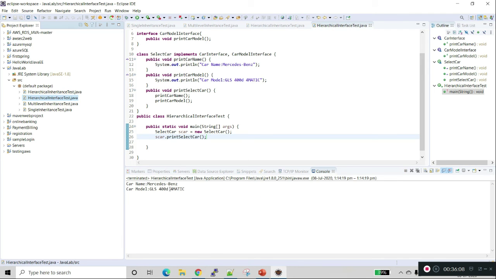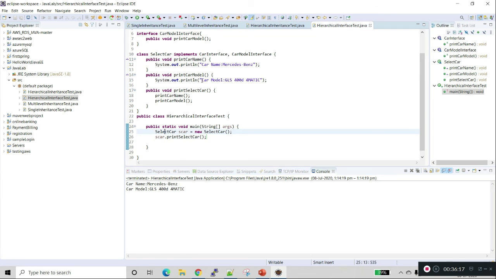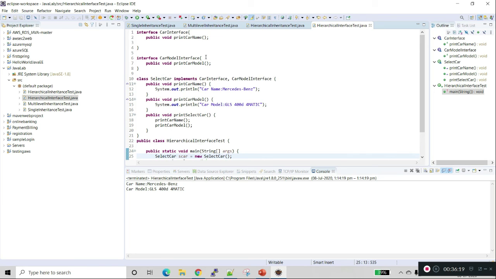If you see the output, we are getting car name and car model. Select car is the child class. It implements the two interfaces, car interface and car model interface. When we call print select car, it calls print car name and print car model.